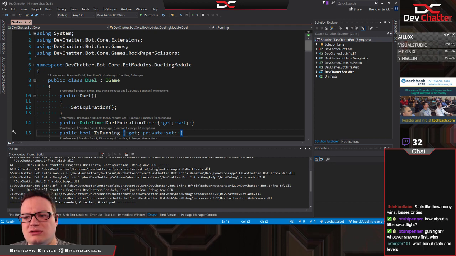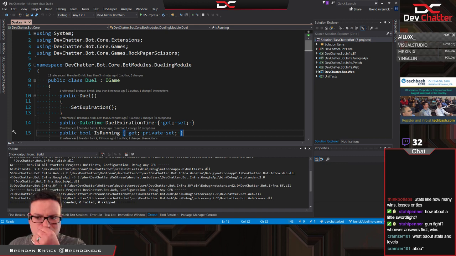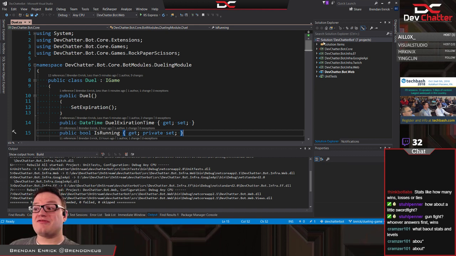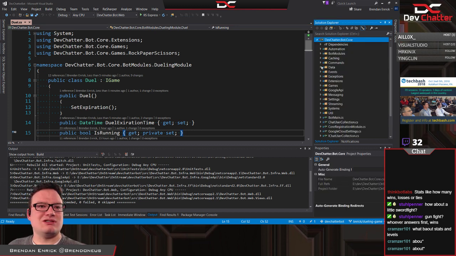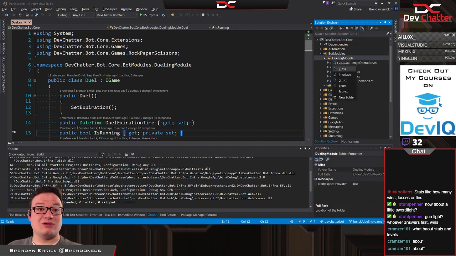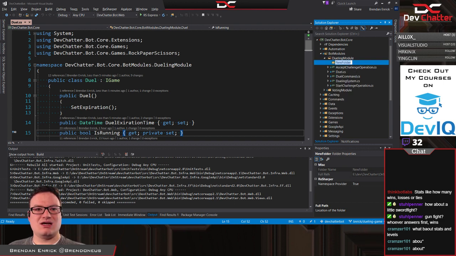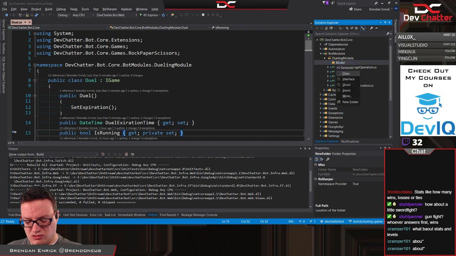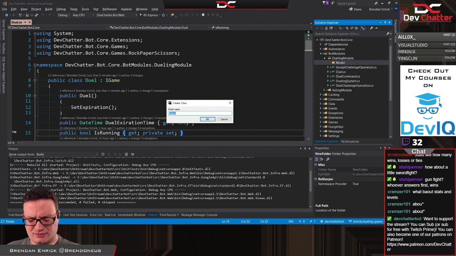So, yeah, Kramzer 101, stats and levels and things. Let's start adding in some data. We'll start storing it first, and then we can figure out what we want to do with it. So, first things first, let's add in our dueling module. I'm going to put the data here. So, let's say model. So, model, we're going to have class